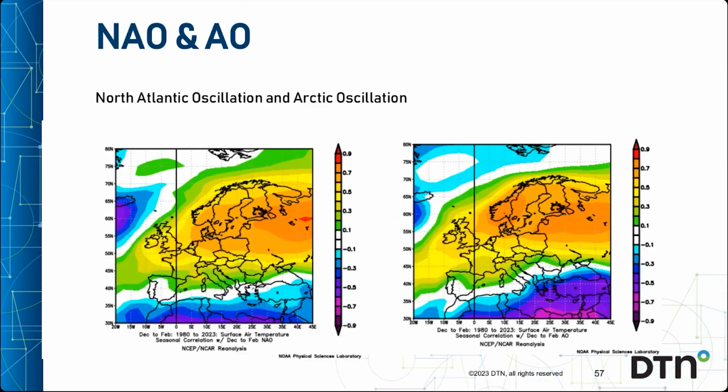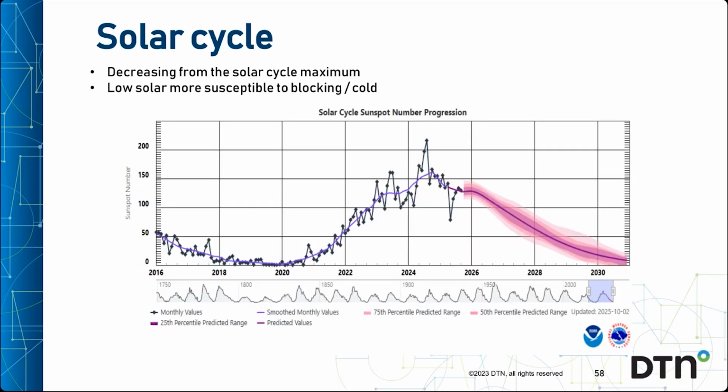We've mentioned the NAO previously, the North Atlantic Oscillation. And these maps show the correlation of air temperatures on the left, while on the right is the correlation of the AO, the Arctic Oscillation, the related phenomenon. So we can see the significance of identifying positive and negative phases of the NAO and the AO whenever we can. That's generally something that's also more identifiable at the sub-seasonal level.